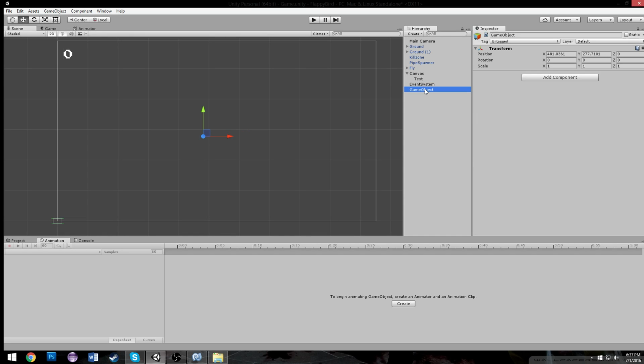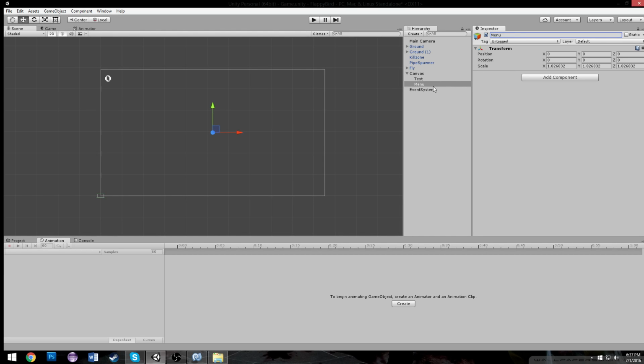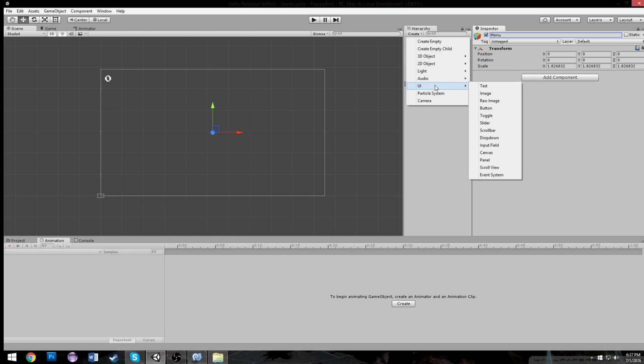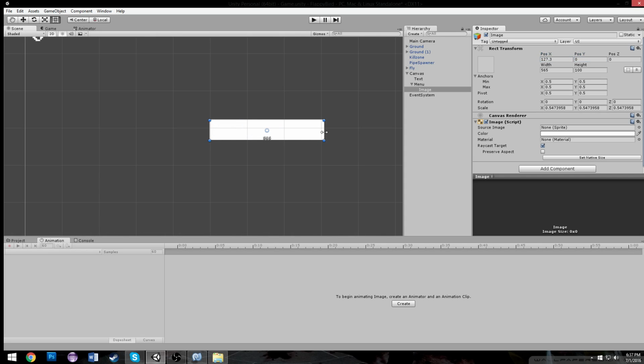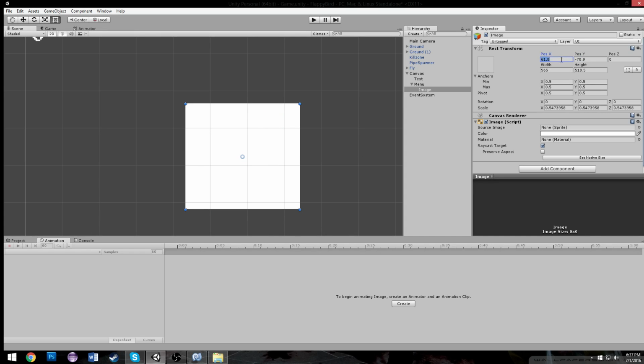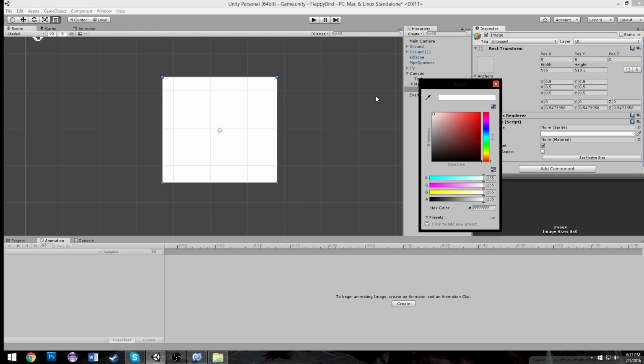So we're going to do Control-Shift-N, drag that into our canvas, center it out, and we're going to call this our menu. Okay? And this is where things get a little bit weird, because now we have to put stuff inside of our menu. So we're going to take an image and drop it in our menu. And we kind of want to zero it out in the center, but there's no more center. As you can see, we don't get our grid lockings anymore. So we do have to worry about our new